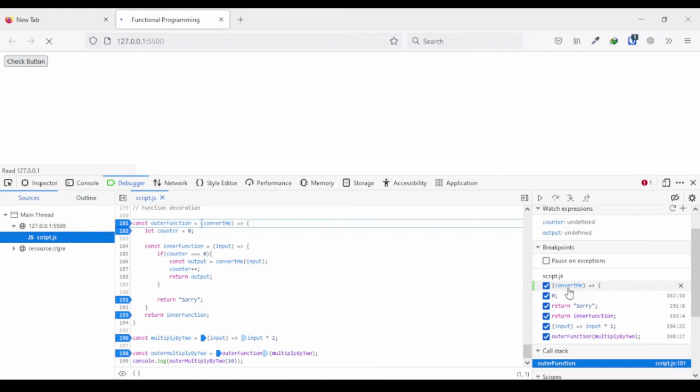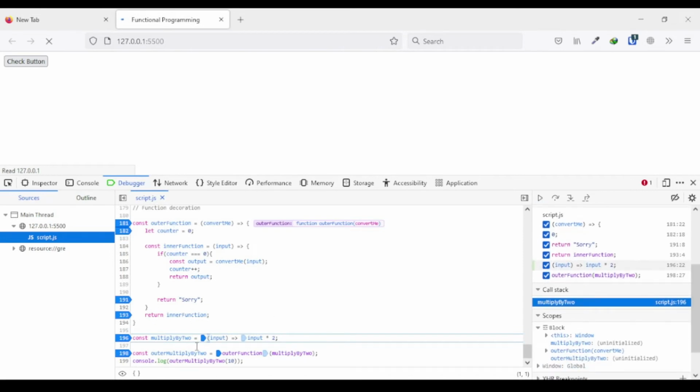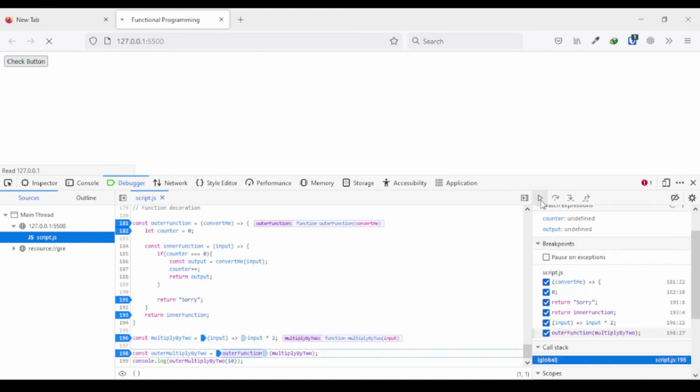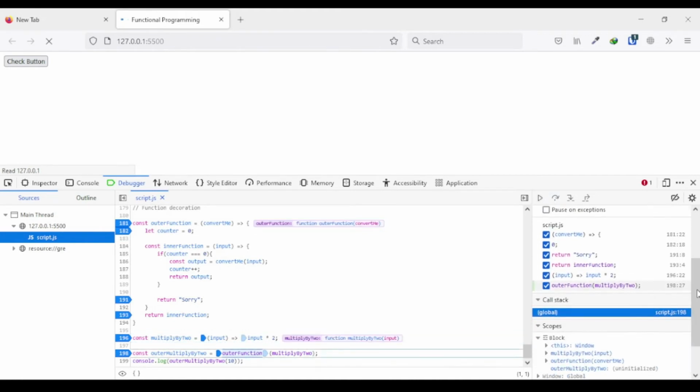We are at line number 181 with the parameter of convert me. We are storing that in outer function. Then we are going to directly jump into line number 196. We store that in memory, and then we are calling the multiply by 2 function over here. Not really, but declaring the multiply by 2 with an input and returning the input, and then we are at